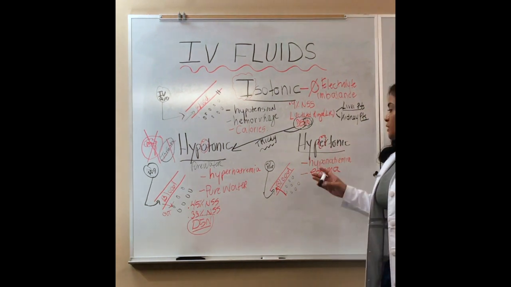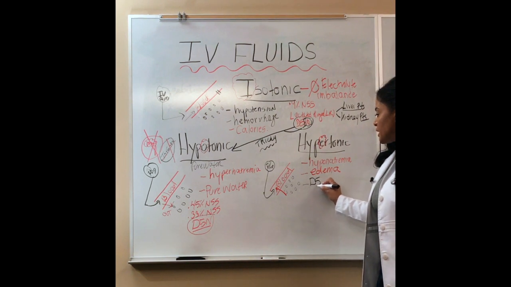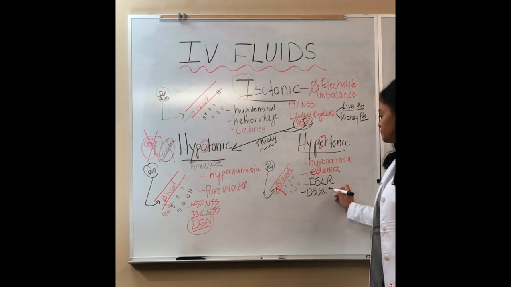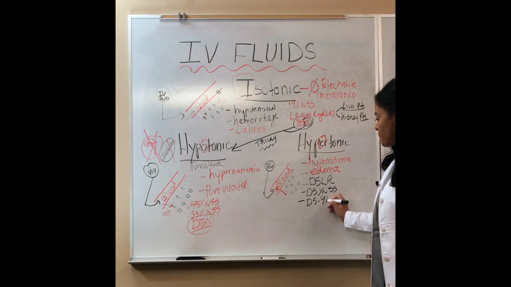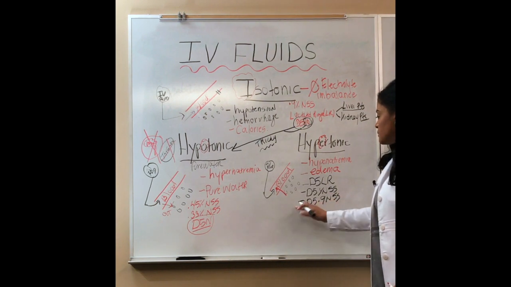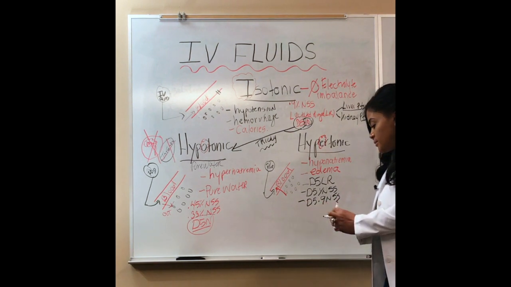Some of these fluids include your mixed fluids. For example, D5 lactated ringers, D5 half normal saline, D5 0.9, and any combination available, plus